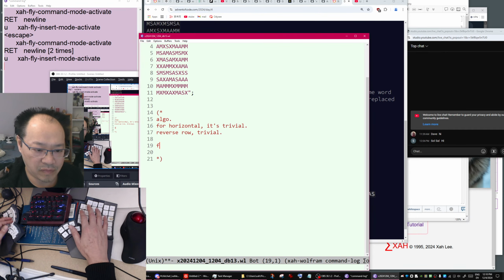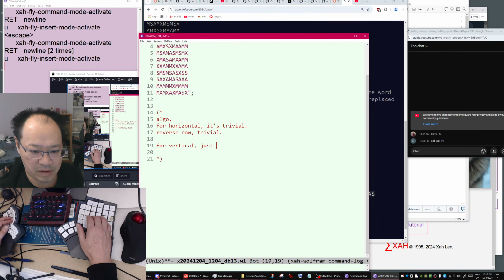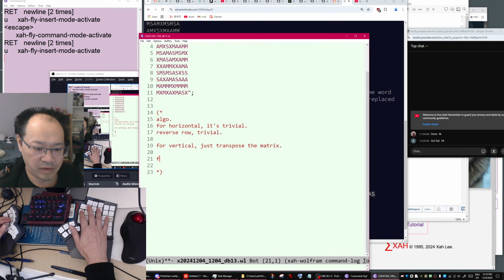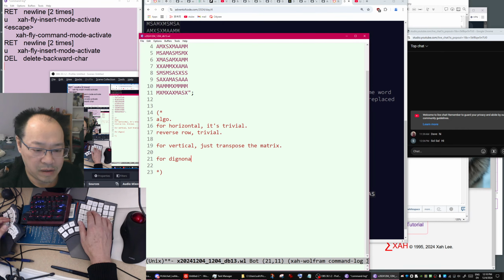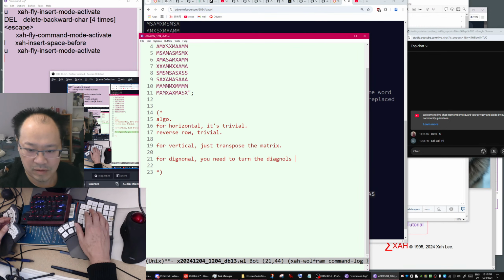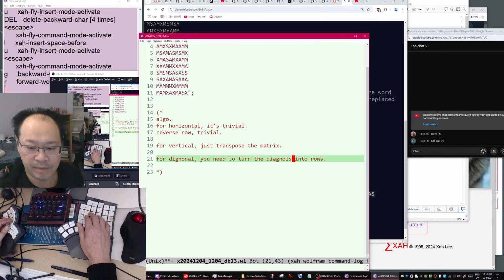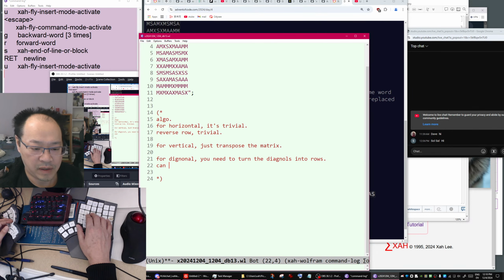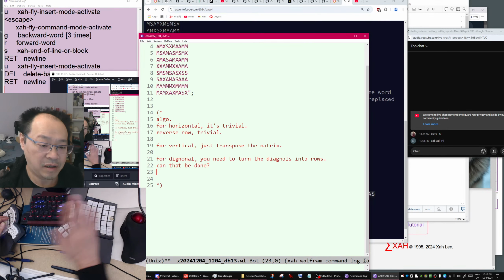For vertical, just transpose the matrix. For diagonal, you need to turn the diagonals into rows. Can that be done? I believe so.